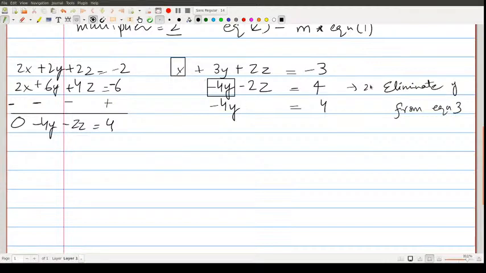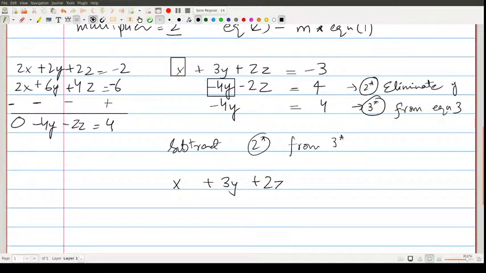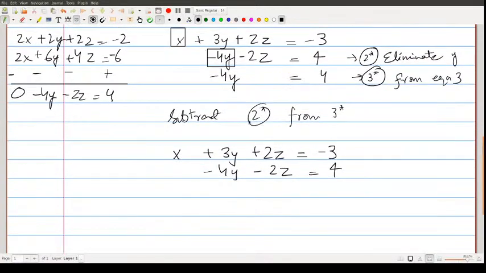So let's call this 2 star and let's call this 3 star, and now I subtract 2 star from 3 star. The first equation remains as it is, x plus 3y plus 2z is equal to minus 3. The second equation is minus 4y minus 2z is equal to 4, and now let's do the subtraction. Minus 4 minus minus 4 is plus 4, so this becomes 0. So there is no y here. 0 minus minus 2z, which is plus 2z, so I get a 2z here, is equal to 4 minus 4,